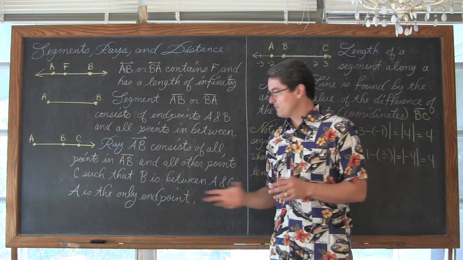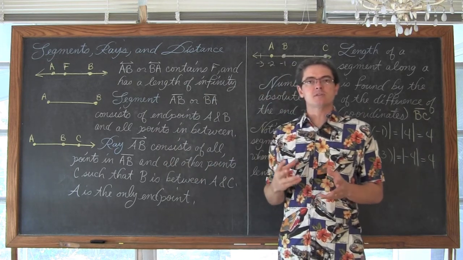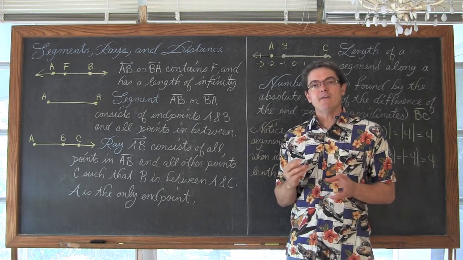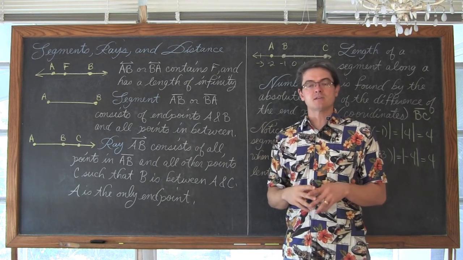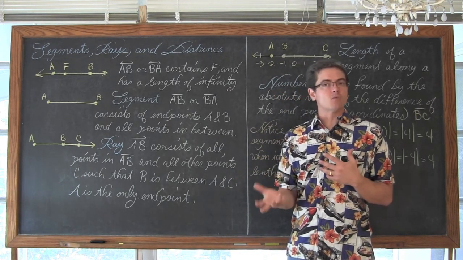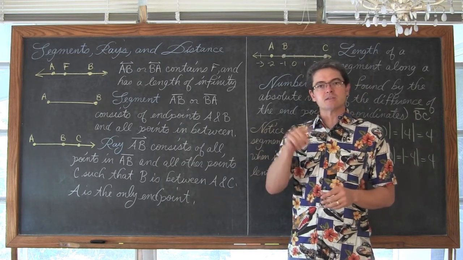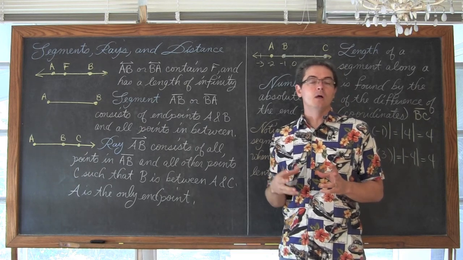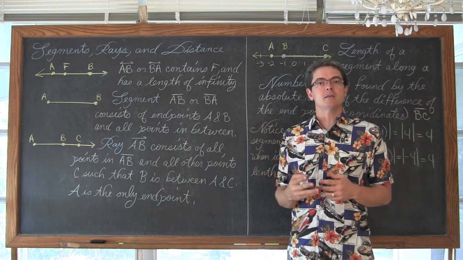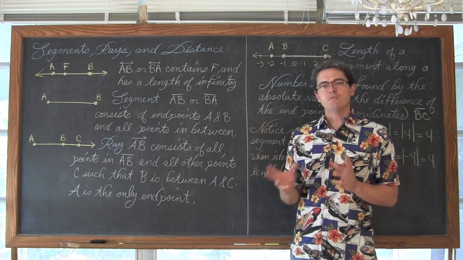These definitions sound a little bit confusing. Why is F mentioned? Why is C mentioned? We have to be very specific in our definitions in mathematics because they have to hold true for all scenarios. It's like asking, how would you define a square? Of course, that's another geometric figure we haven't studied yet, but we know what a square looks like. It's got 4 sides, and all those 4 sides are equal. But if I said a square is a 4-sided figure that has 4 equal sides, then there are other shapes, one of which you're going to learn later, called a rhombus, that would still fit that definition.